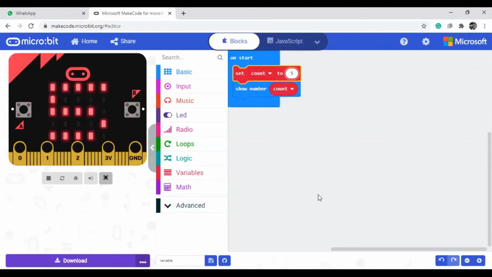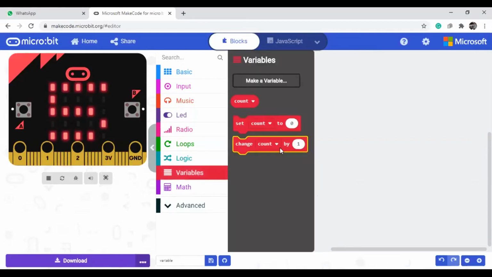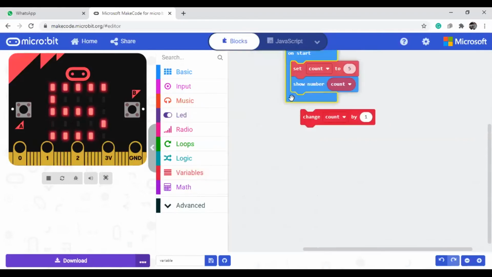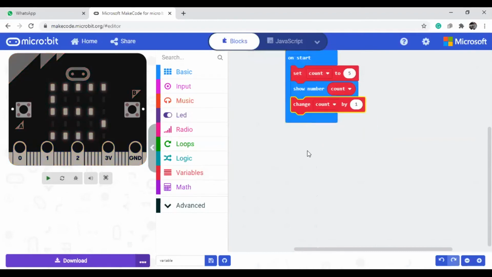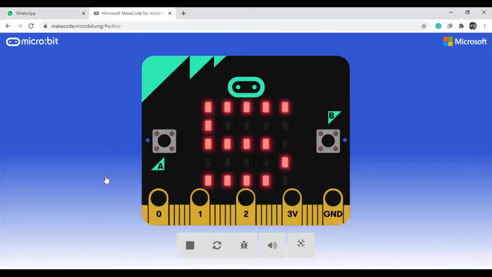Now you want to do some operations on that one. So how can you do the operations? Like making a change. So change by, you just change by 1, you can keep it. Any one value, 1 or 2, you can keep. That means the initial value is 5. Now change count by 2. So 5 plus 2, 7. Actually it should be displayed as 7. But why is it not displaying? It is displaying only 5.